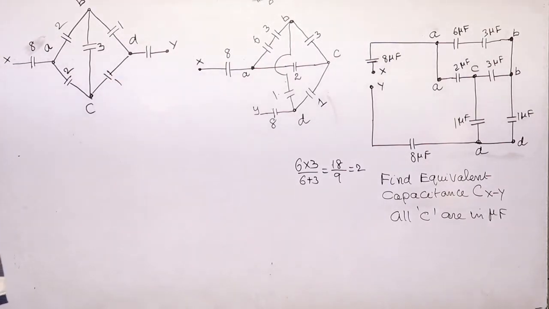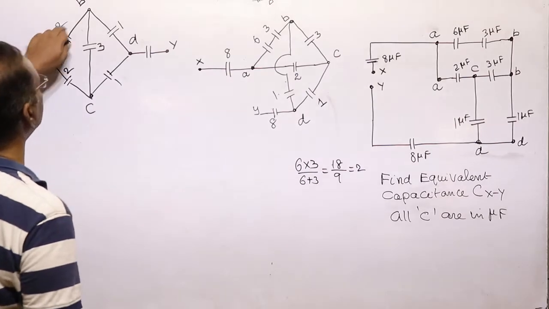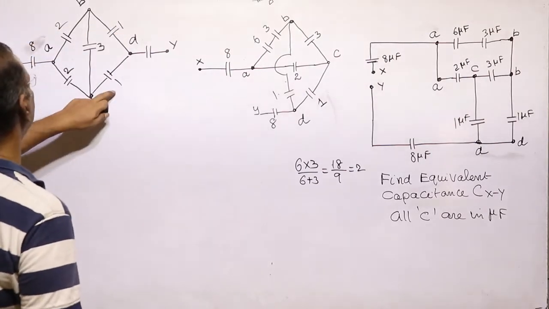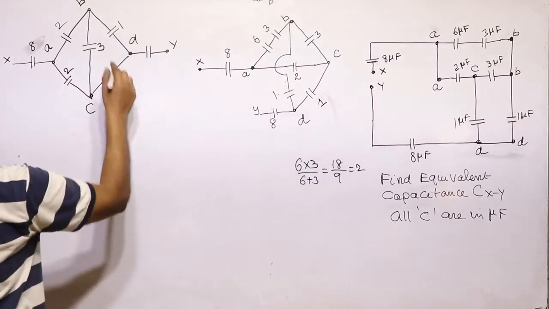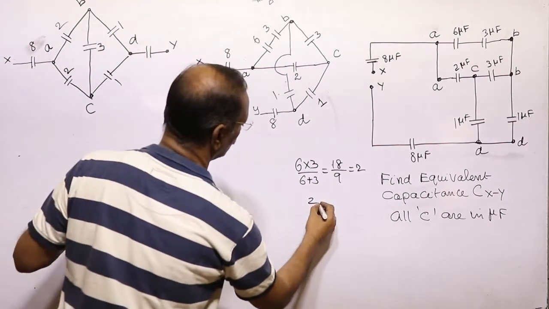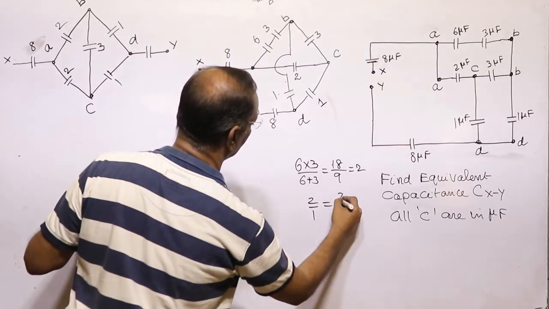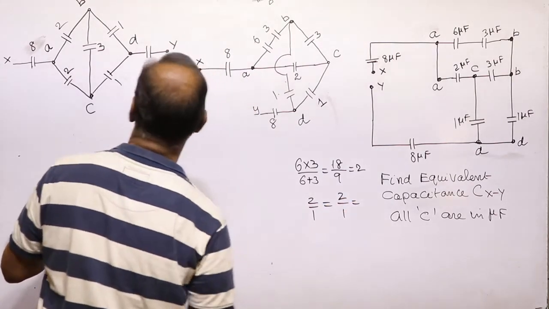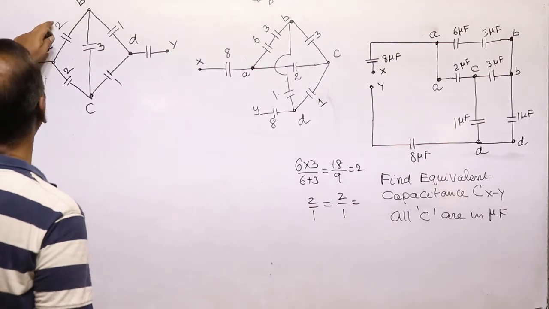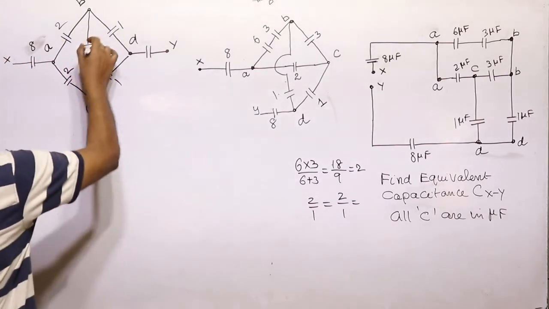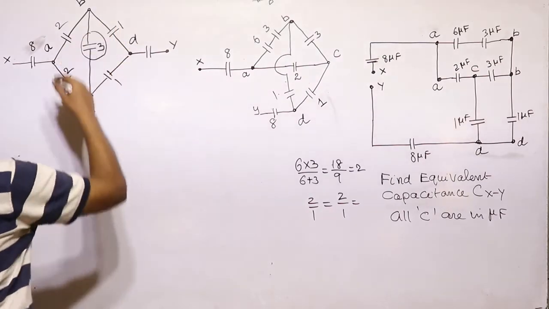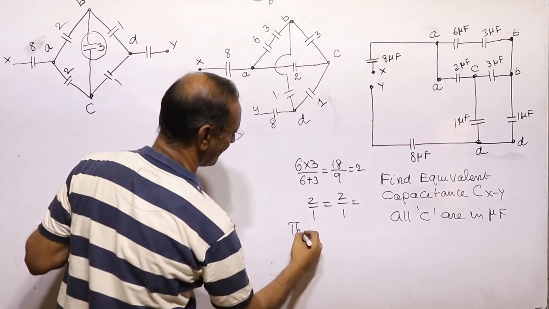As we know, for a Wheatstone bridge, if it is balanced, this divided by this and this divided by this should be equal. Let us see, 2 microfarad divided by 1, 2 divided by 1 is equal to a constant. 2 by 1, 2 by 1, or 2 by 2, 1 by 1. 2 by 2 is equal to 1, 1 by 1 is equal to 1. It means this Wheatstone bridge is